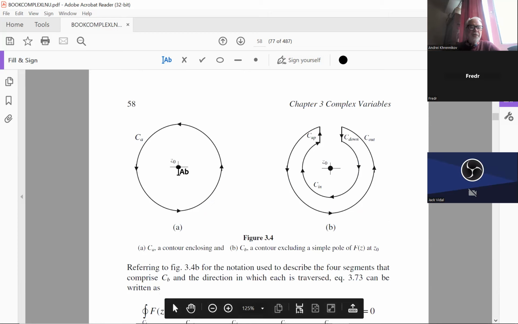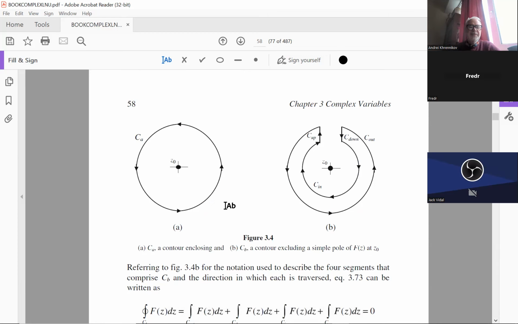and we have the point z0, and this point is a pole of the first order. So more or less, this is a function 1 divided by z minus z0, and in the denominator there can be some analytic function. We want to integrate over this contour. The picture is not so good because from the very beginning they drew a circle. Suppose that it is not a circle, the main story, but some very complicated contour.